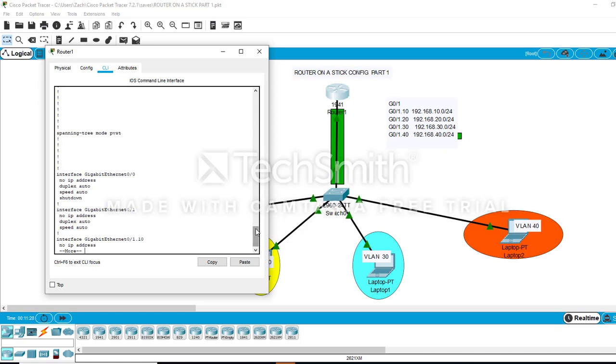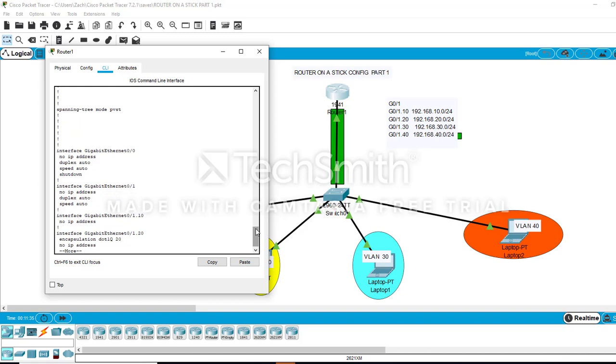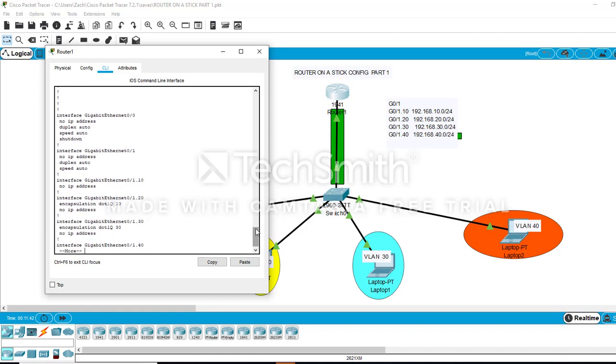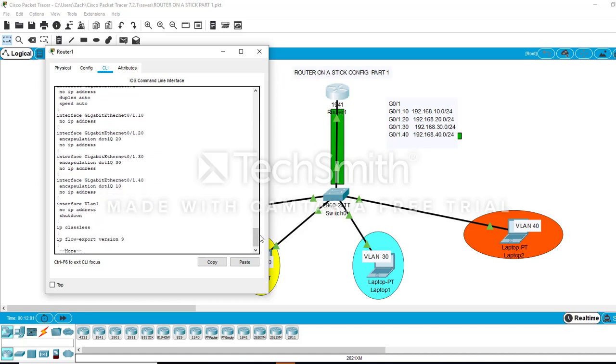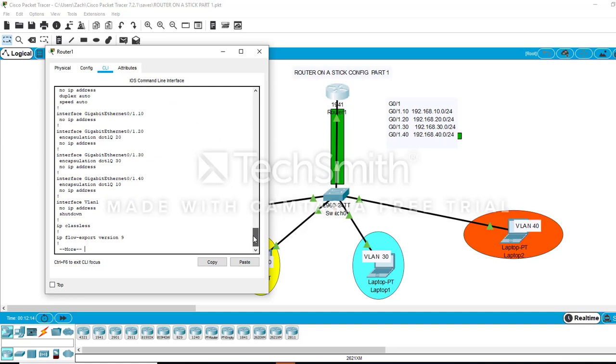G0/1, this interface, right? Encapsulation dot1Q 20, encapsulation dot1Q 30. Okay, so I made a mistake on the sub interface 40, so I'm going to go back into that and change it. What I did was on sub interface G0/1.40, instead of .40 I put 10, so that was the problem on that. So we have to go back in there